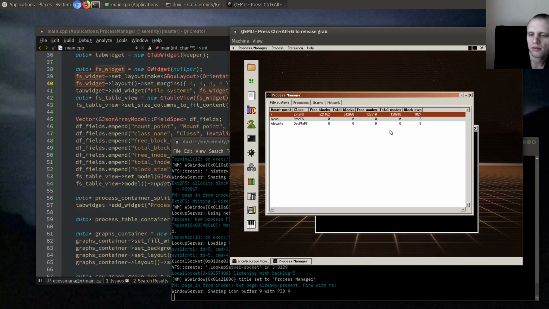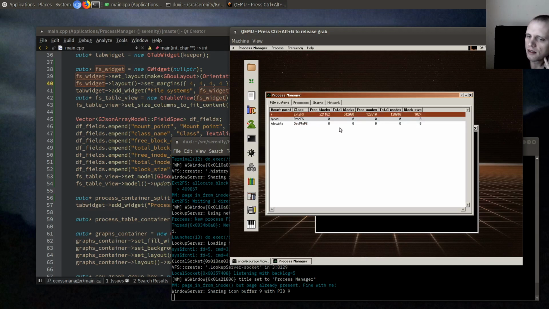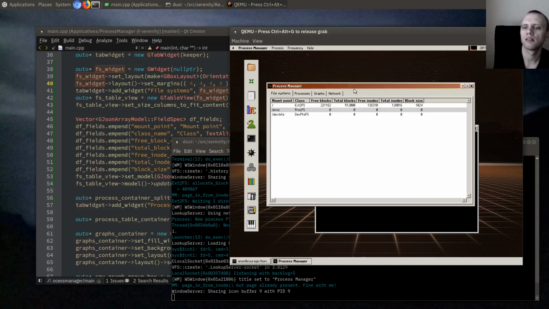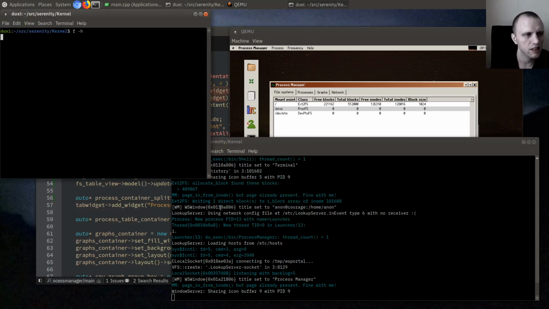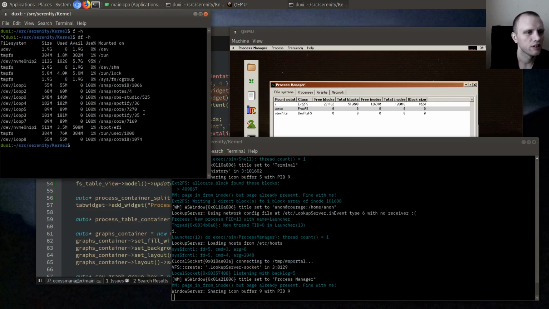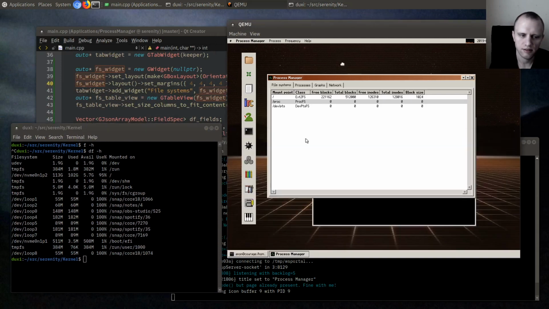So how about we compute the space in bytes, for instance, instead? Or, I don't know, the utilization. What do they call it in df -h? Available and use percent size. Yeah, because